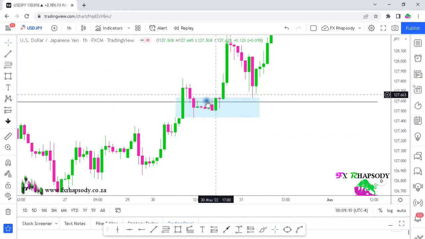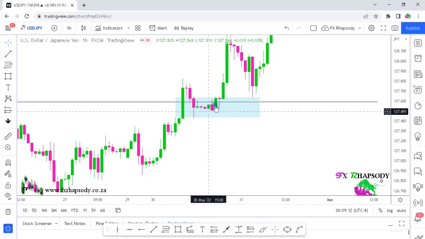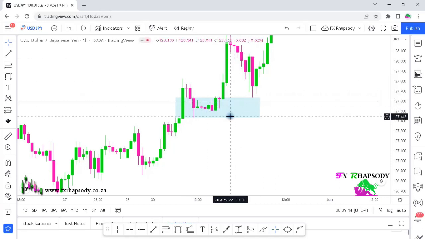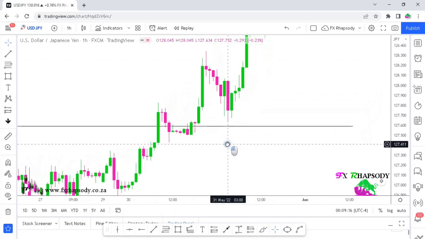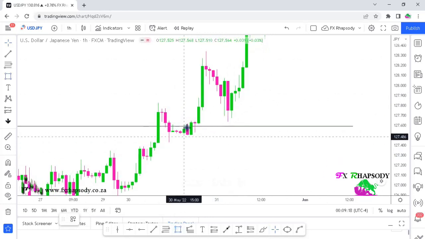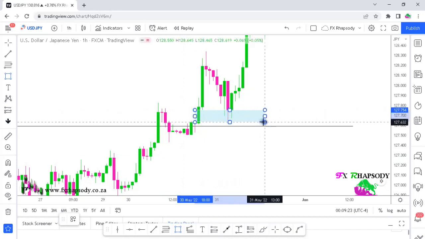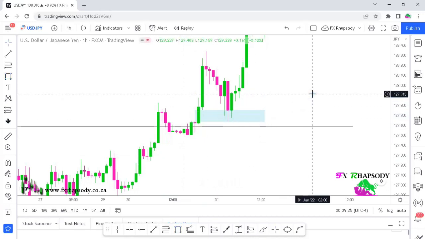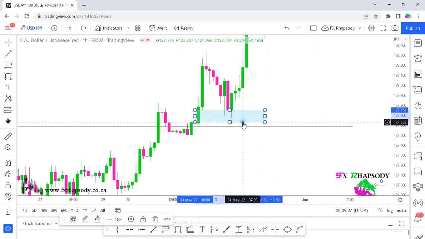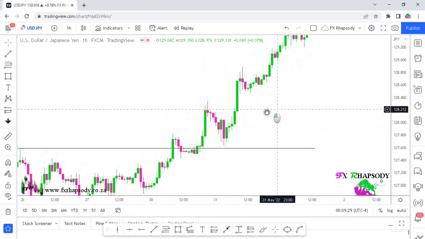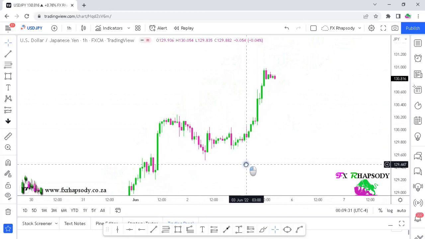So you had that first initial break, okay, and then if you missed that, you could have caught the next one, which was another imbalance in the market. So there's two opportunities that you could have caught for this nice little buy to the upside. Okay, so now we are looking at